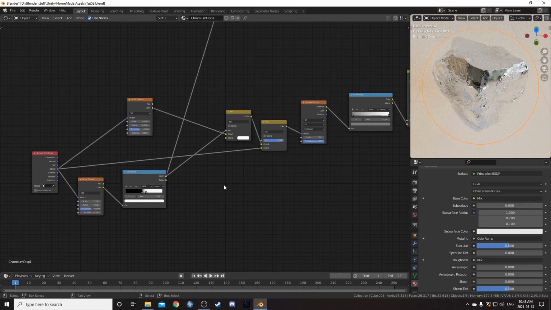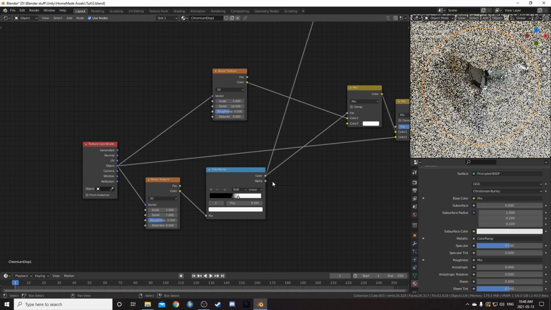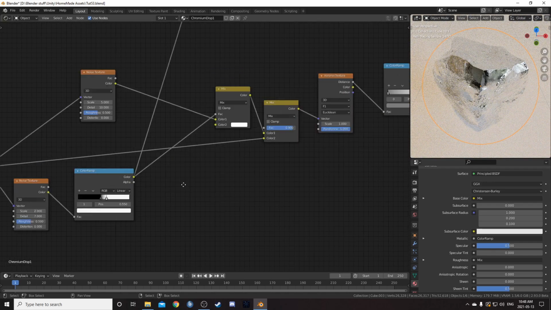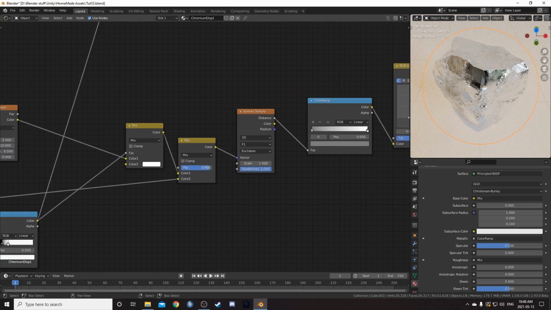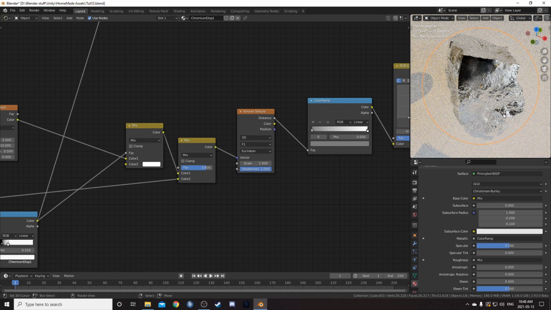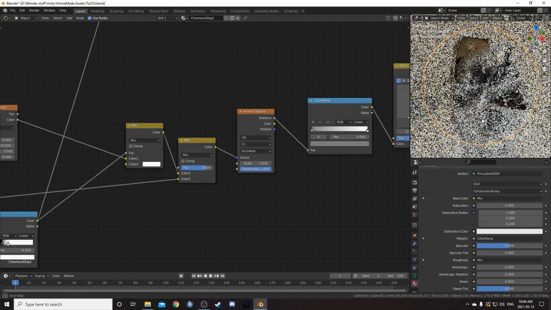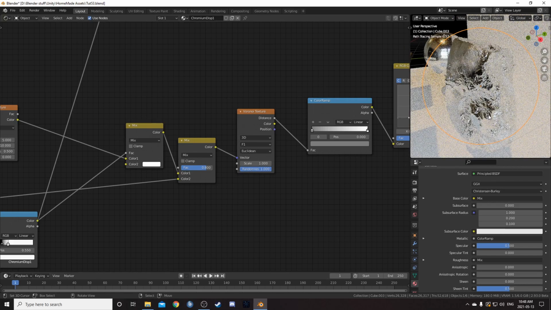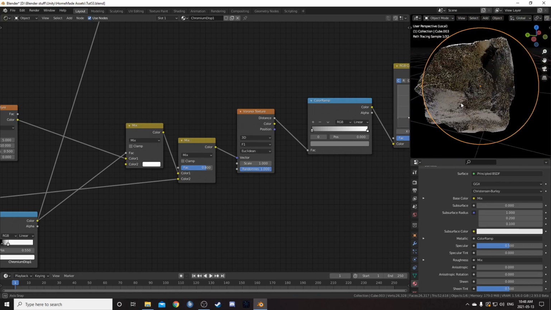Let's look at some ways we could vary this a little bit. We could change the scale up here, for instance, to something like 5. We could also change this color ramp here, or this Voronoi here, this mix here. Maybe if we put this at 0.8, we're going to get more of this noise distortion here. So it looks kind of cool. It does kind of create these weird little distortion bits here that may or may not be what you like,